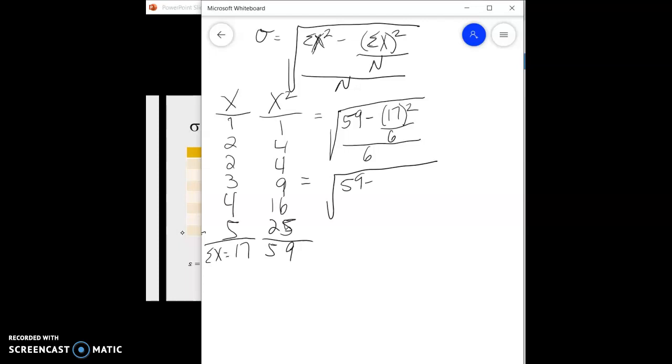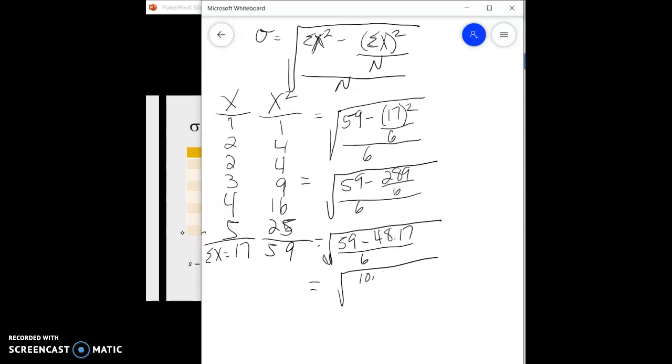Now, one of the quick checks that I had mentioned to you guys earlier is that the sum of x in parentheses squared is always going to be a larger value than the sum of the squared x values. So this is going to be 289 divided by 6, once again divided by 6. And now that's going to give us 59 minus 48.17, and then the square root. Sorry, that should be a square root there. And then that's going to give us